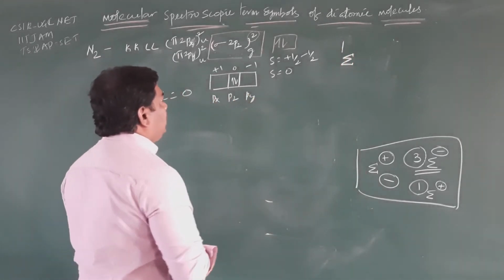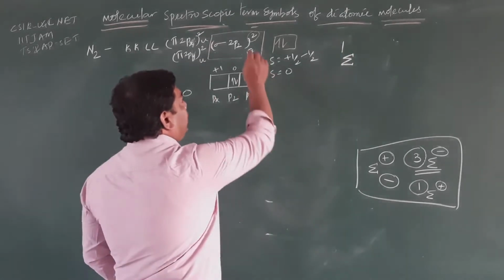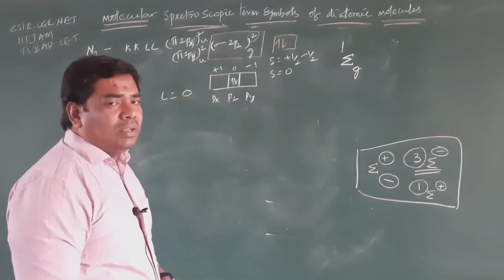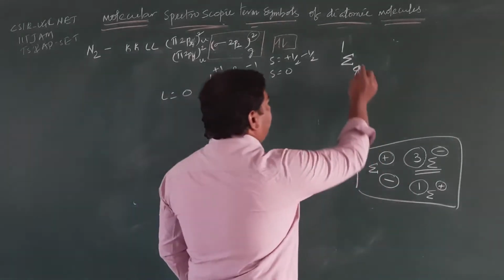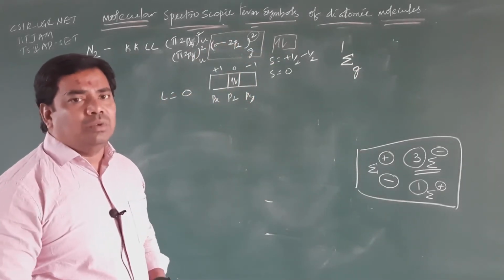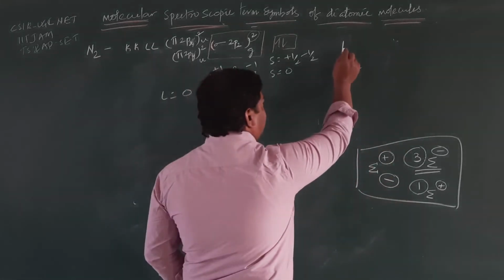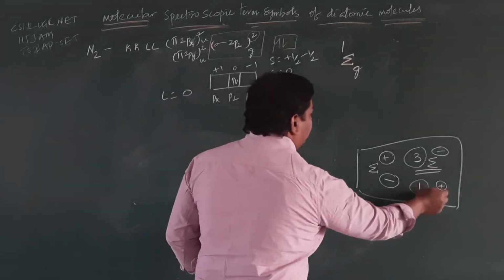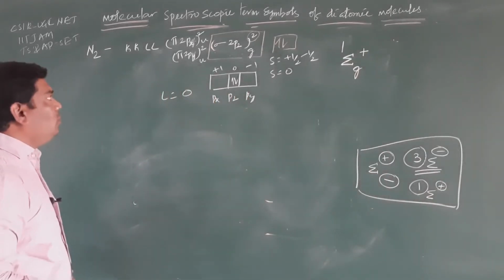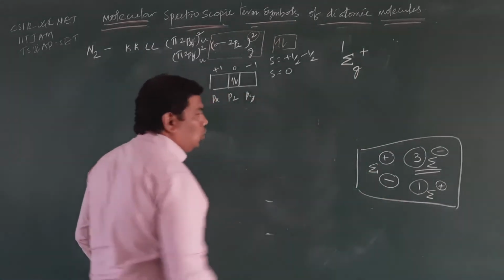Right. So what is the subscript, student? Zerade center or unzerade center? Here it is zerade center. So therefore zerade center. Okay, clear. So here you can see, if the electrons are present in p orbital and the spin multiplicity is 1, then you can use the positive superscript. So that is the term symbol of the N2 molecule.